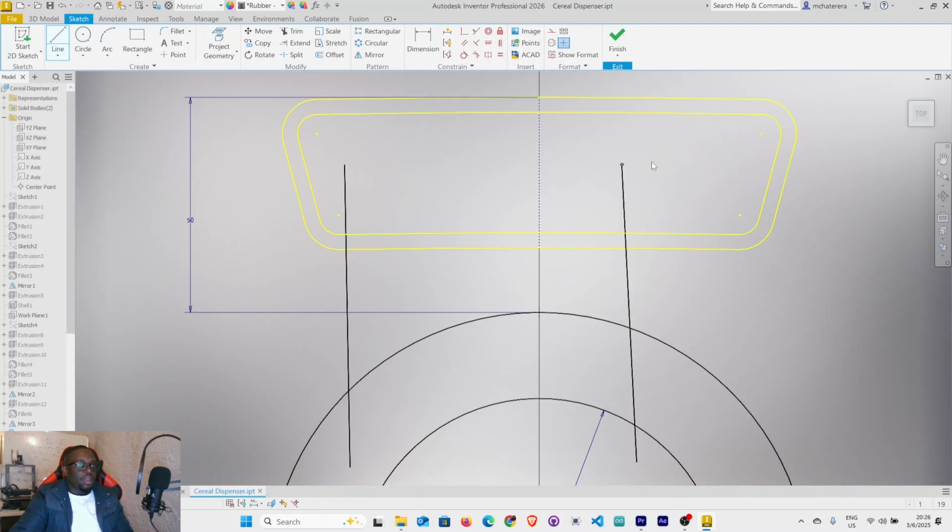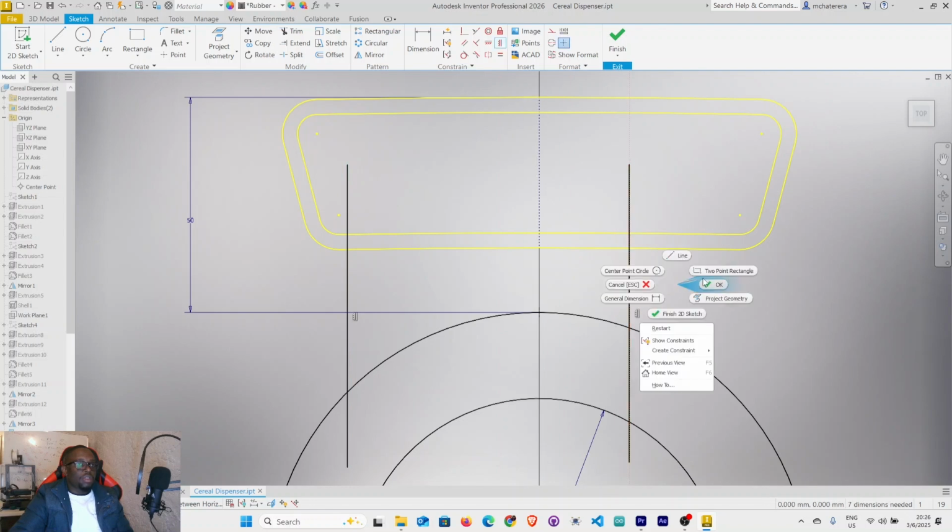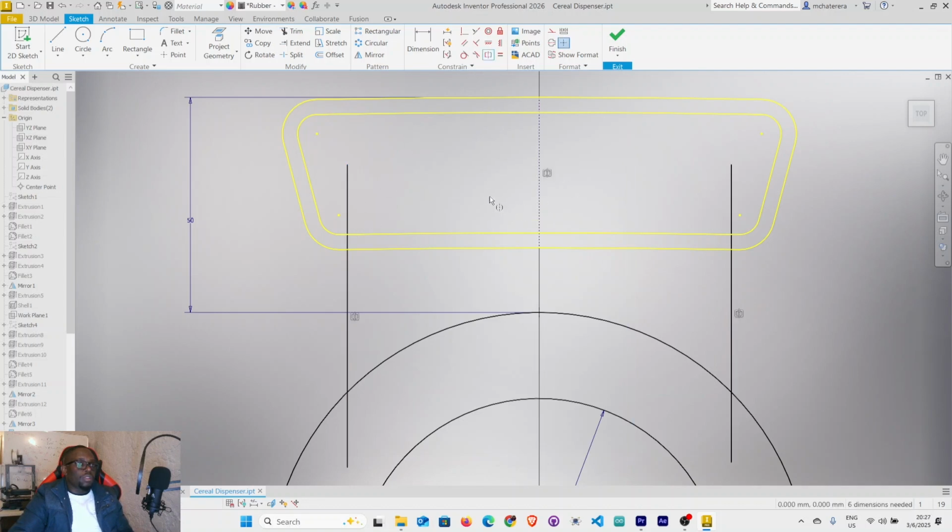Right click OK. So select this one and make it a vertical line. This is supposed to be a vertical line as well. Let's go for symmetry. This and this, symmetric with respect to this. Right click OK. And the distance between these two,